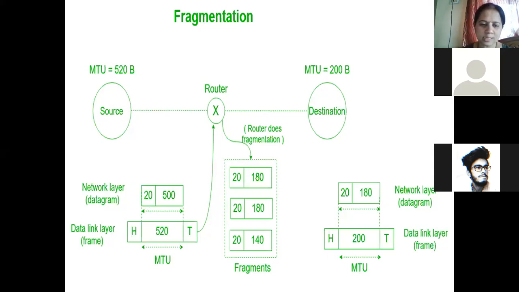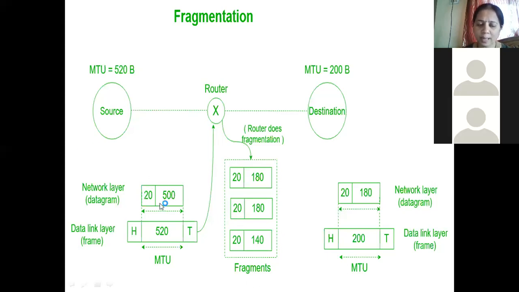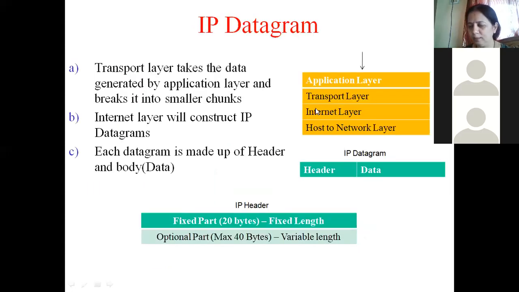Okay. So now this datagram has got created. So now what happens? It will send from the network layer. You all can see below the internet layer is nothing but the network layer. Below the internet layer or the network layer, there is host to network layer. You can call it as